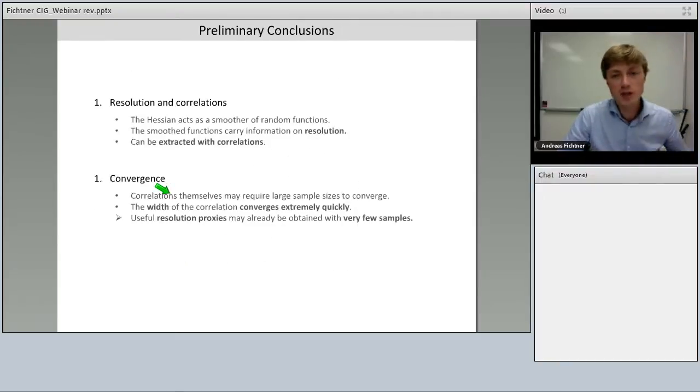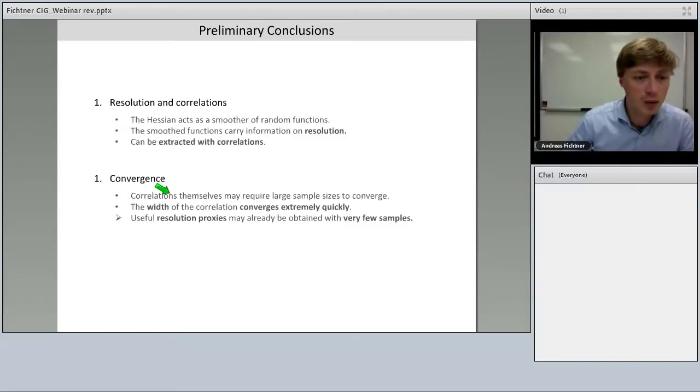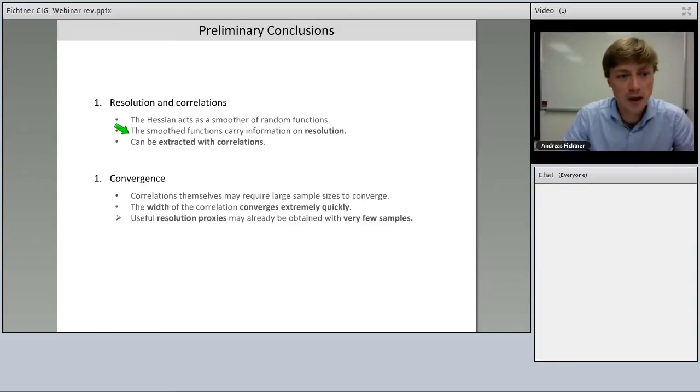Now, that brings me to some very preliminary conclusions. The first thing we saw is that the Hessian acts as a smoother of random functions. The Hessian is a point spread function, and this point spread function smooths random test models that we apply to it. We have also seen that the smooth functions carry information on resolution. We can actually, from those smooth functions, extract the width of the point spread function using autocorrelations of this Hessian